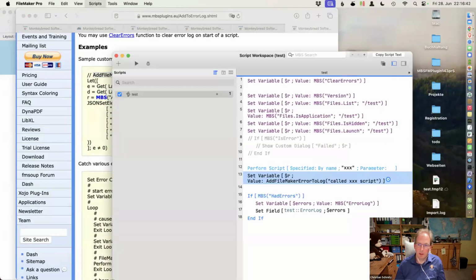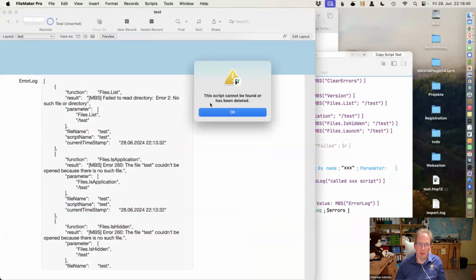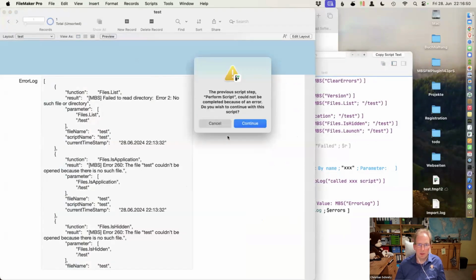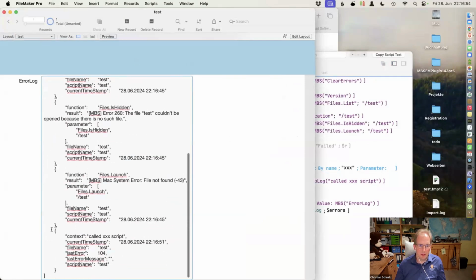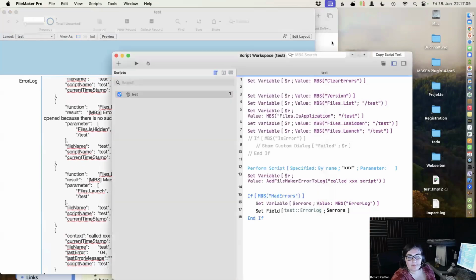So you can pass whatever text you like to the custom function, and now we can run it again. And yeah, we didn't do error capture, but this entry here appears in our log with all the other MBS errors. So you can use the MBS error log to collect all the FileMaker errors too, if you like. Which is convenient, keeps them all in one place.